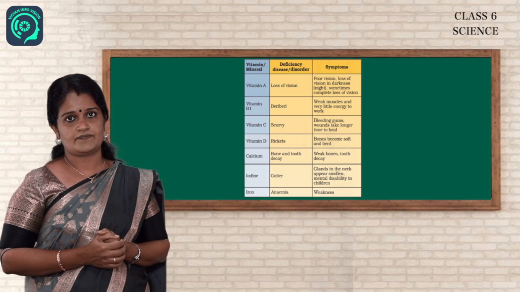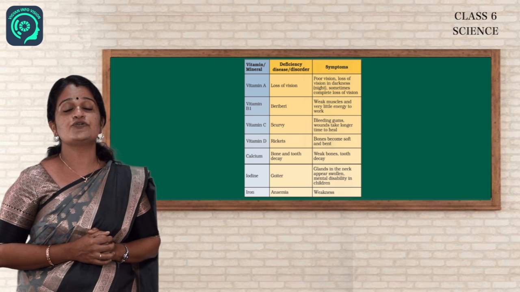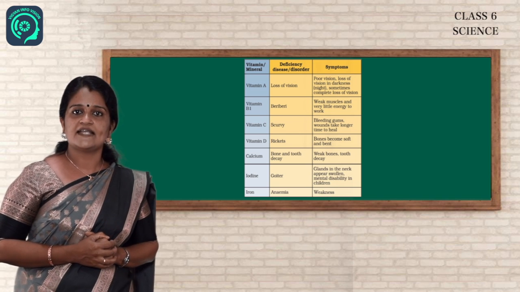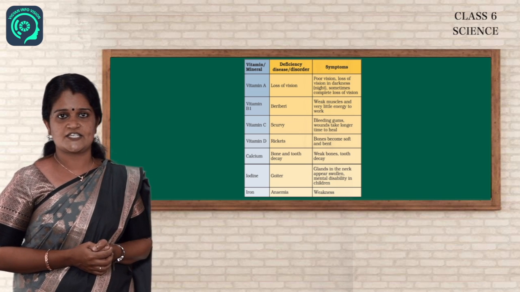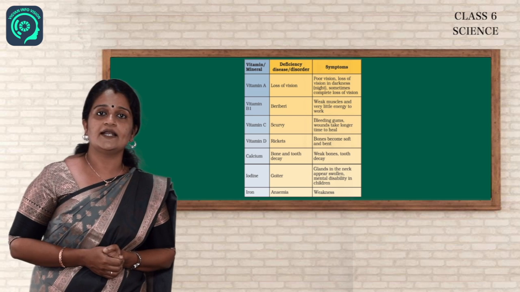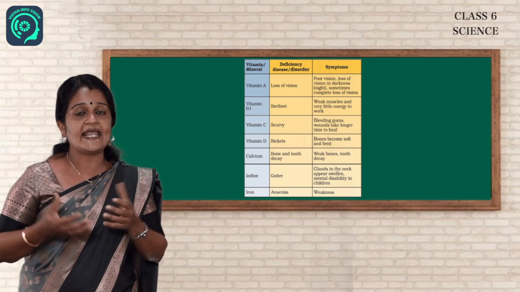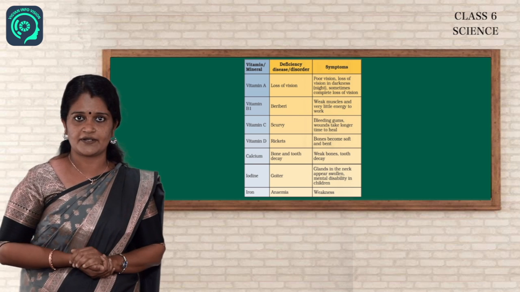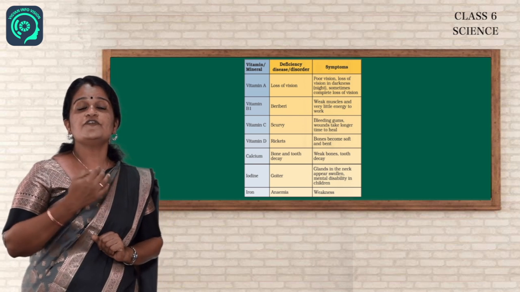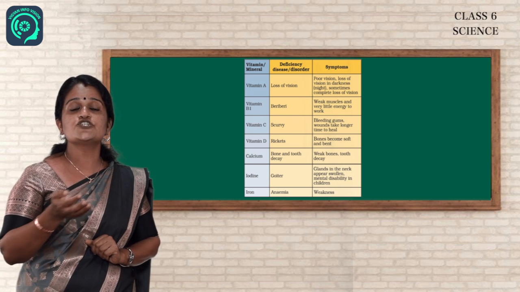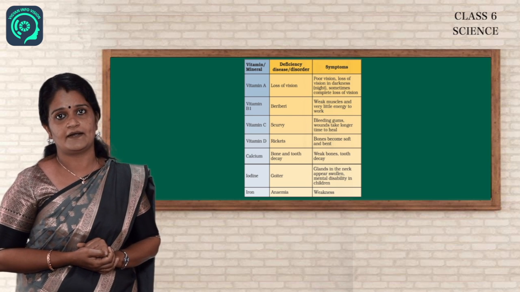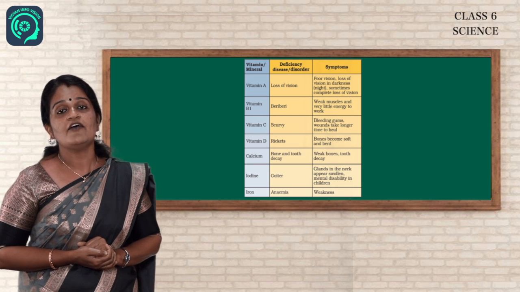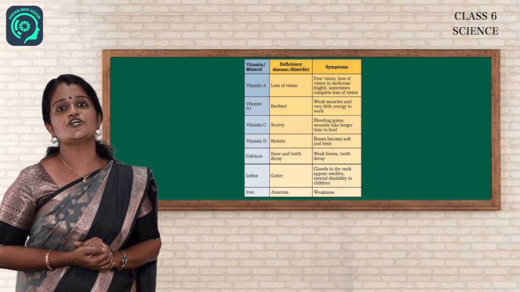The disorder caused due to the lack of vitamin A is poor vision. And the symptoms are night blindness, poor vision, etc. So, you all know in your childhood days you studied about the vitamin A content food, carrot, leafy vegetables. So, you have to use it to cure it. The next one is vitamin B1. The disease caused due to the lack of vitamin B1 is beriberi. And the symptoms of that beriberi are weak muscles and very little energy to work.